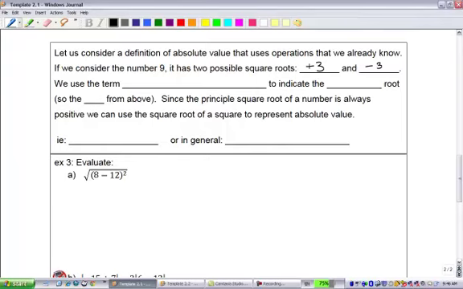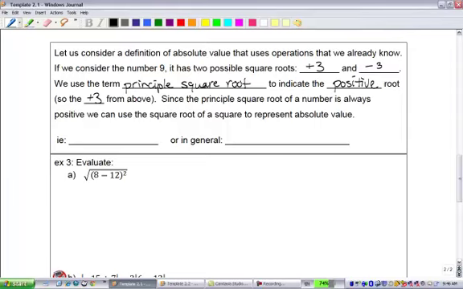We use the term principal square root to indicate the positive root. So when you square positive 3, it becomes 9. When you square negative 3, it becomes 9. But we always take the principal square root, which is the positive root, so the positive 3 from above. Since the principal square root of a number is always positive, we can use the square root of a square